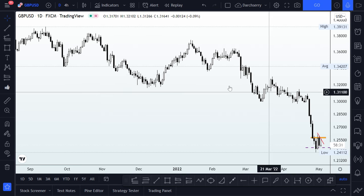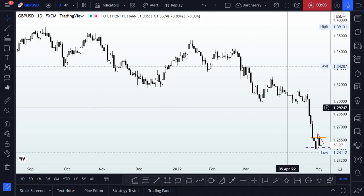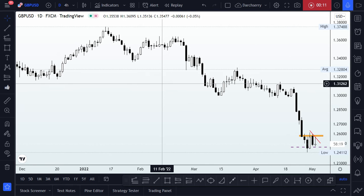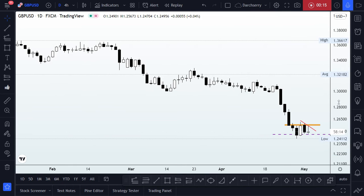A quick update on GBPUSD. And if you've been with me on GBPUSD since Monday, we'll definitely have been in profit as at this time. But a quick scenario I actually seen here where I'm thinking of an opportunity to go further down if we